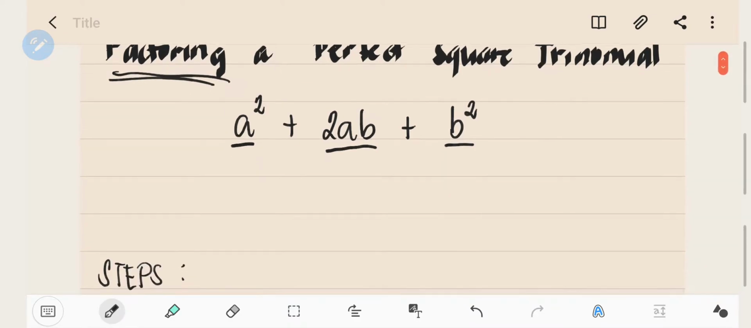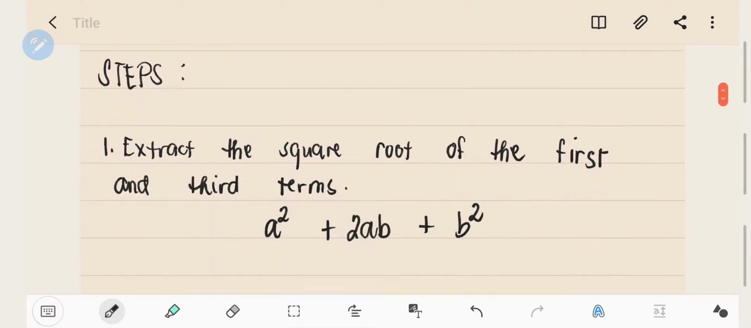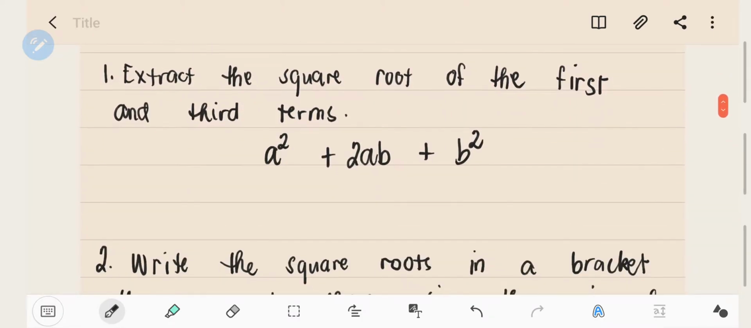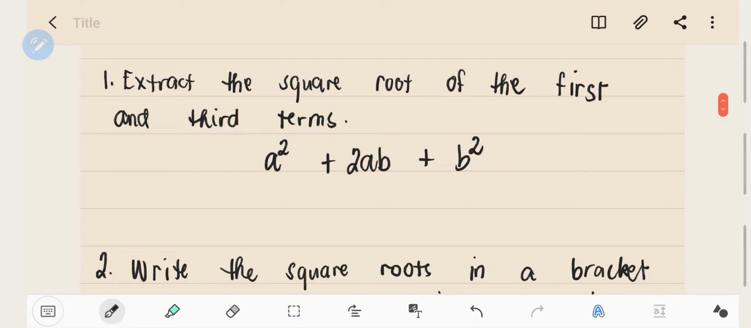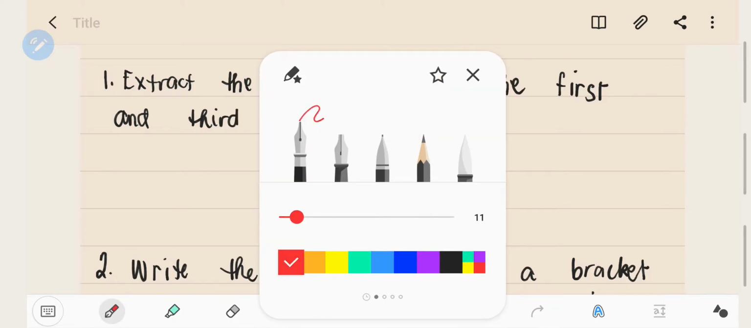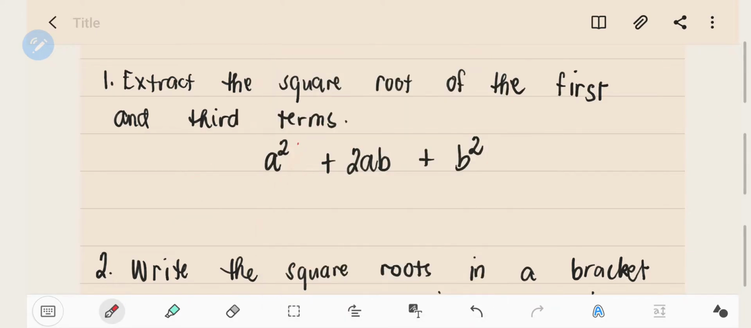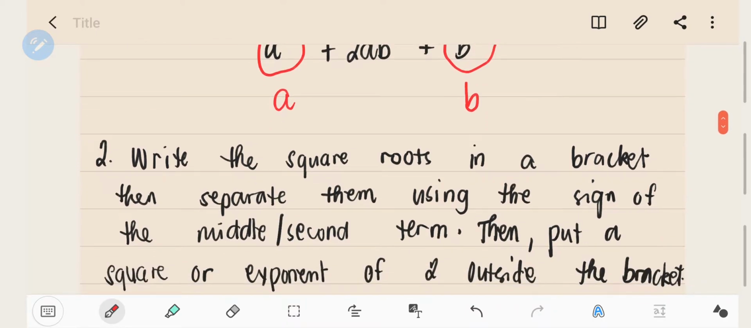So, we will follow the following steps. Step 1, extract the square root of the first and the third term. So, our first term is a squared and the third term is b squared. The square root of a squared is a, diba? And the square root of b squared is b. Yun na yun. And then, step 2,